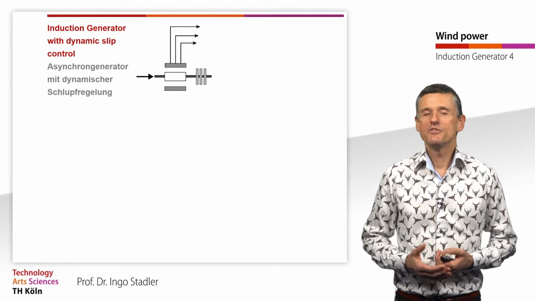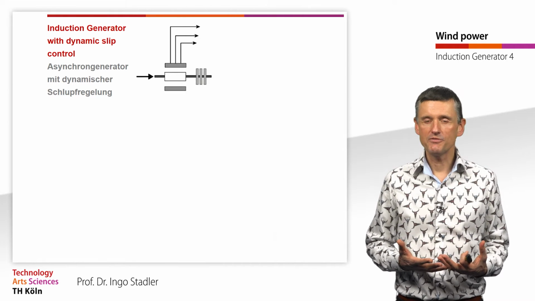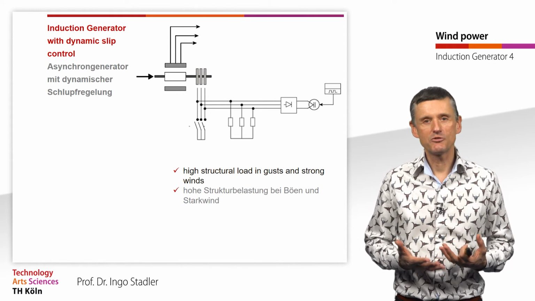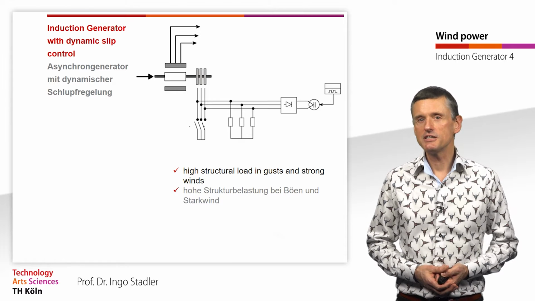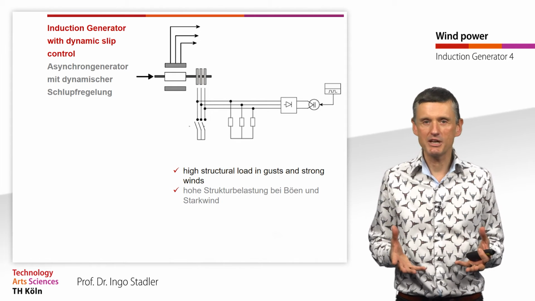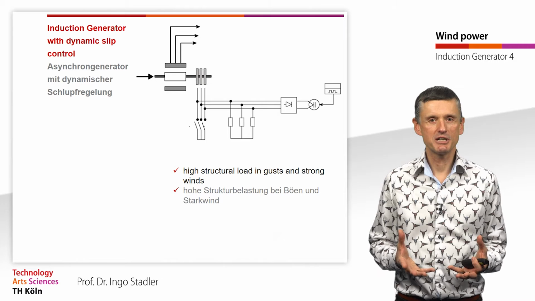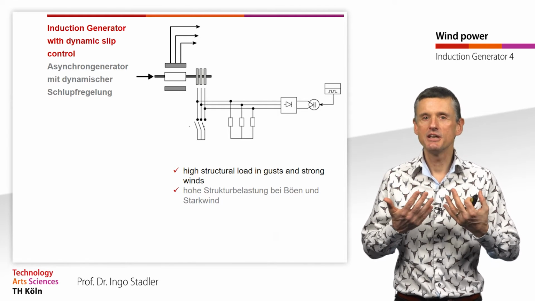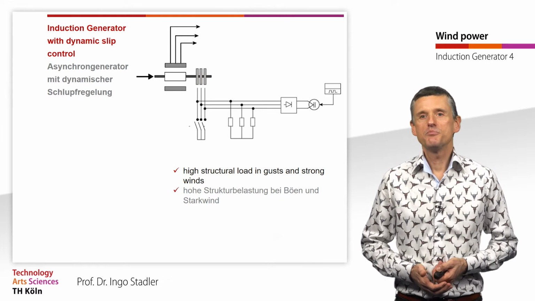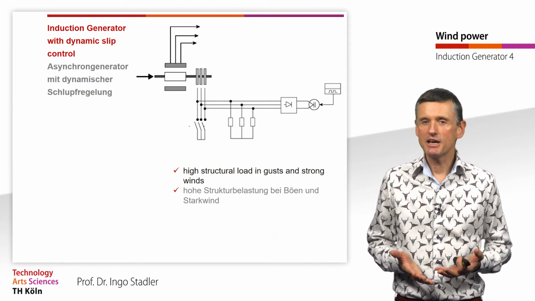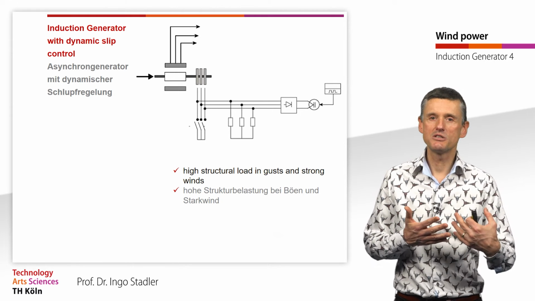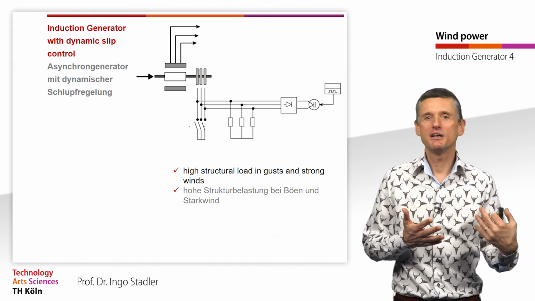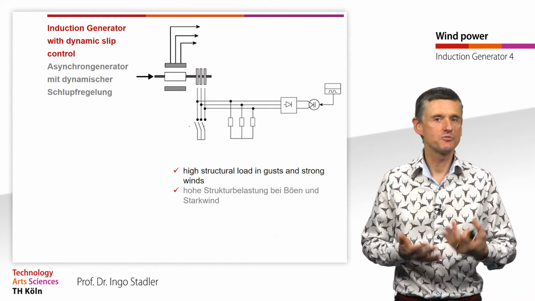To the rotor, we add some slip rings, and with them we can influence the electrical behavior of the rotor. It seems to be complex, but more or less what we see here is just that we are able to add some additional resistances into the rotor circuit. And by a control mechanism, reacting, for example, on wind speed occurrences, for example, we can add those resistances.